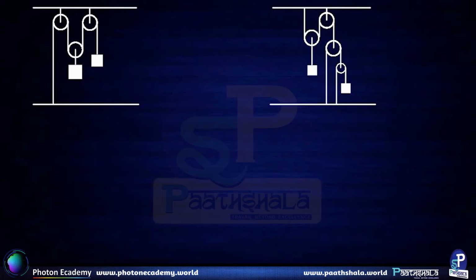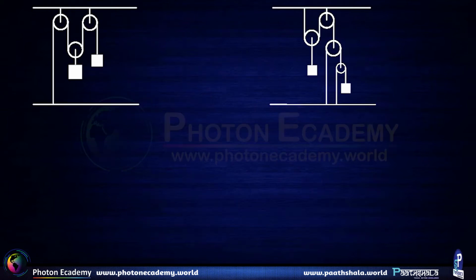Let us understand and solve these two questions that have been shown. Here in both the problems, there is not one single rigid support. There are two rigid supports, the upper rigid support and the lower rigid support. These are the two rigid supports as shown. Let us take the distance between the two rigid supports to be d. So d happens to be the distance between the two rigid supports.